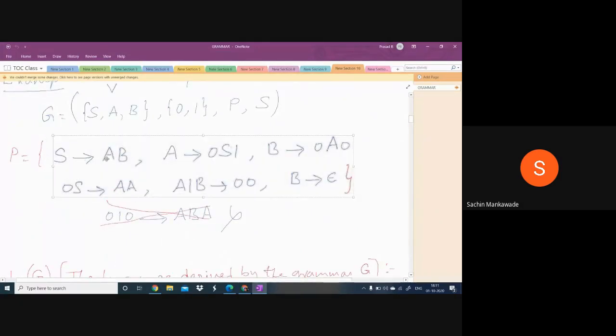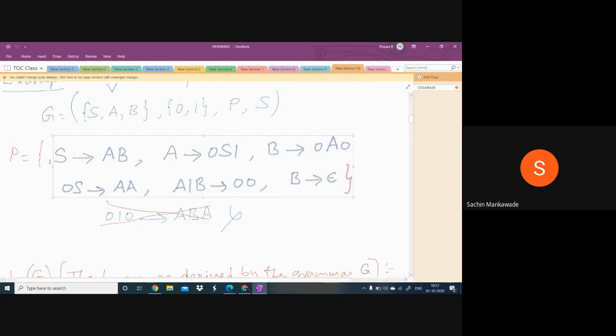And look at these productions. Here, for the right side of the arrow, there is no condition. It can have only non-terminals. See, here capital A, capital B, all are non-terminals. And here 0, S1, terminals and non-terminals. Here also terminals and non-terminals. Here also only non-terminal. Here only terminals. Or even it can be epsilon. So the right side of the arrow, it can be anything. There is no condition at all. It can have only non-terminals or only terminals, or a combination of terminals and non-terminals, or it can be epsilon. Okay. And for the left side also, it can be anything, but minimum one non-terminal.